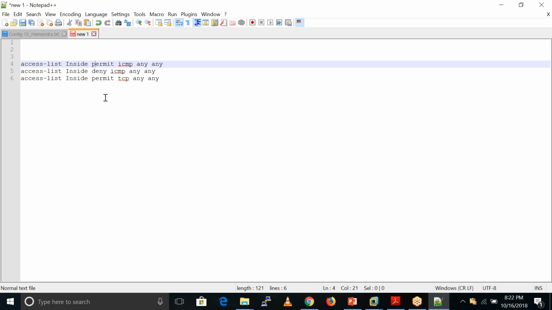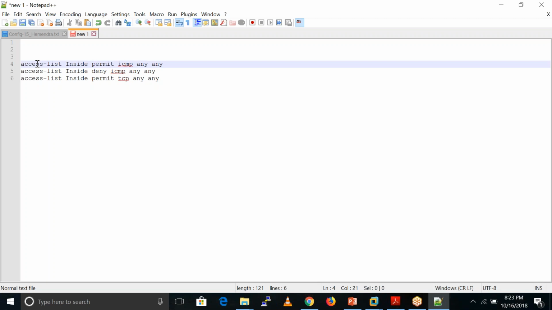So that is the way the Cisco ASA firewall processes these ACLs. In ASA we can have millions of ACLs. It depends on the ASA model and your configuration. If you have a very big ASA like the 5585 series, that ASA may have 15,000 or 10,000 ACLs. So this is the sequence for that.